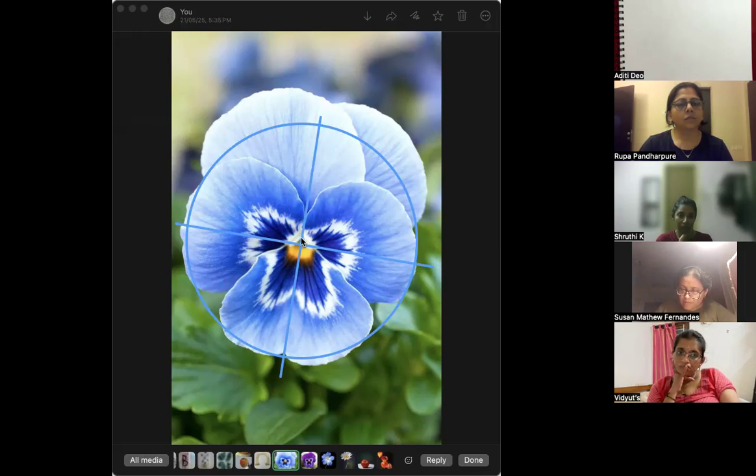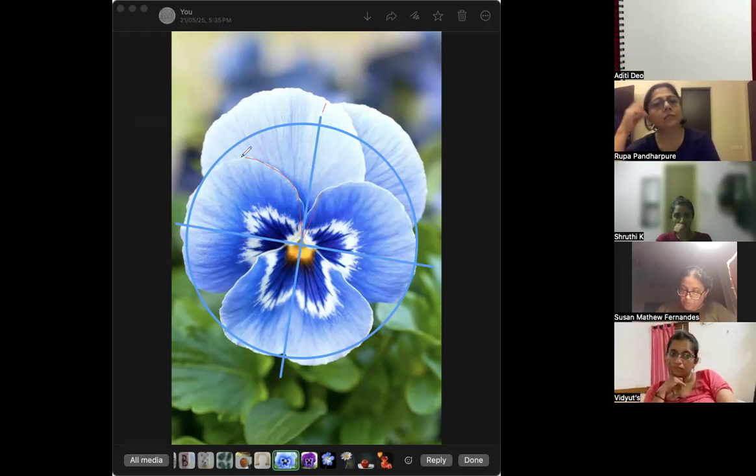So here again we can draw these petals by first making two short lines directed towards 1 o'clock or 11 o'clock, assuming that this is 12 o'clock. Okay, and then we will draw that free line around,